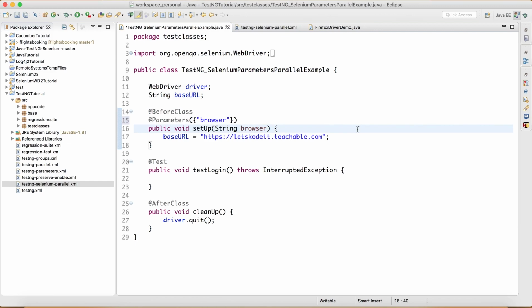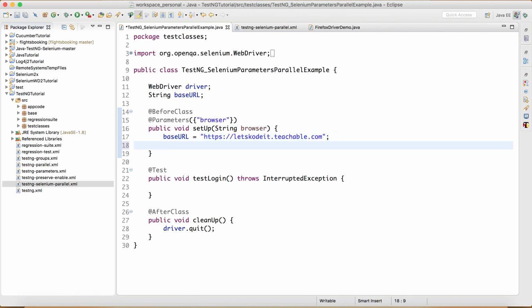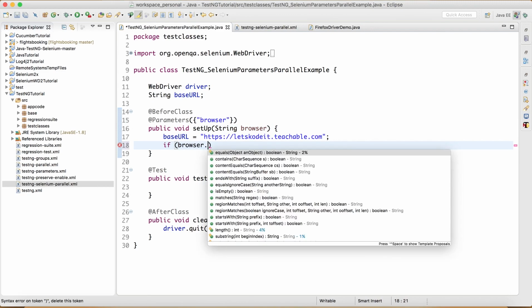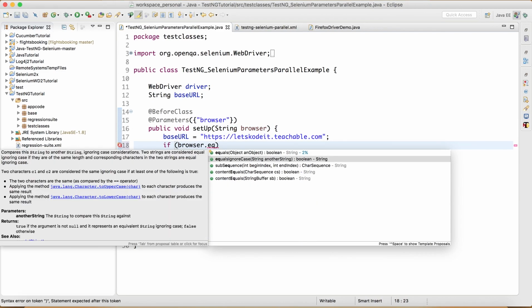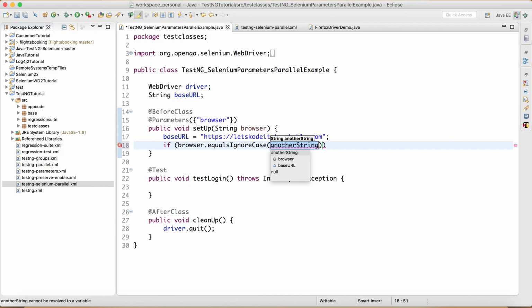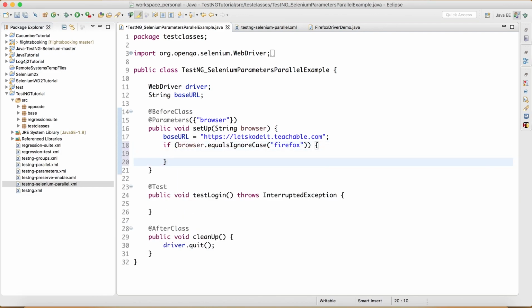Now what we can do here is we can actually use if conditions. So I'm gonna say if browser dot equalsIgnoreCase, and in this I'll say Firefox. If this is Firefox, then I will do a different setup.